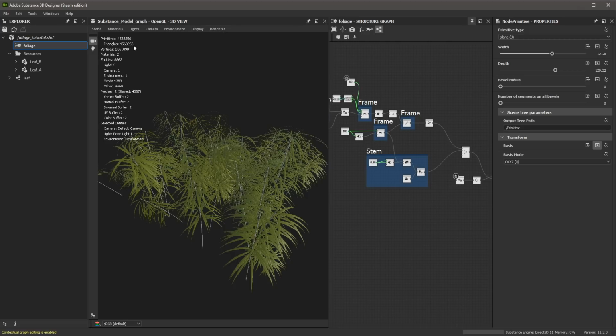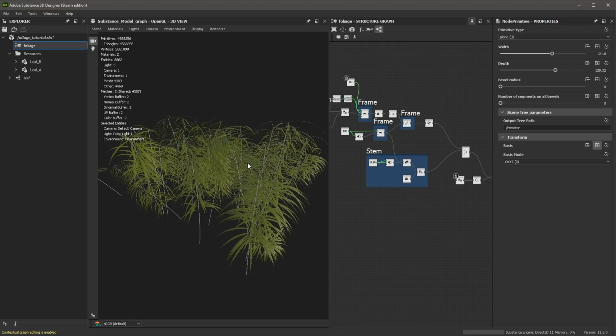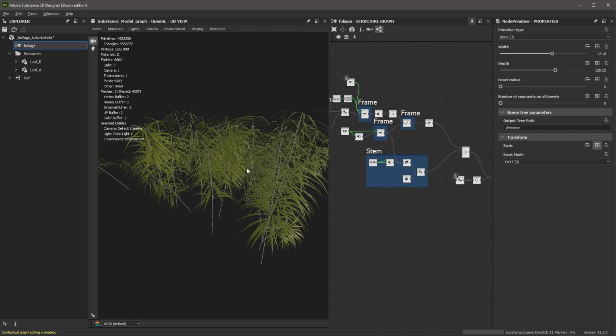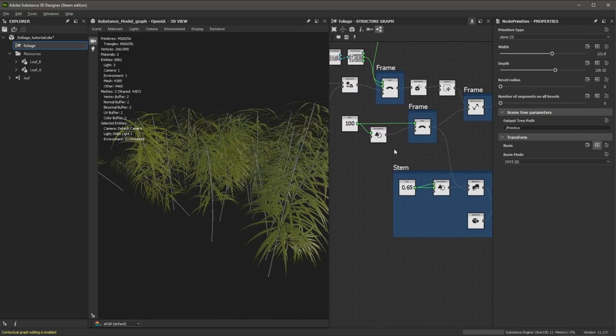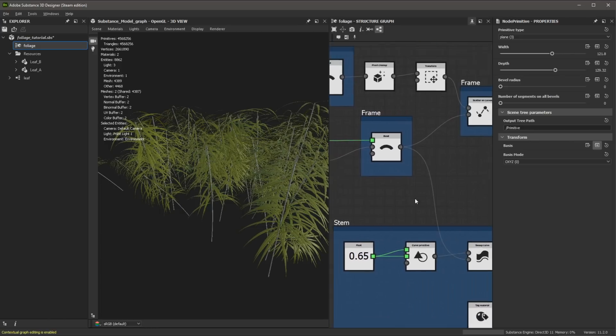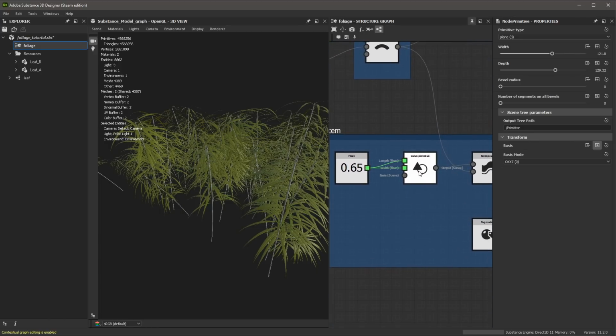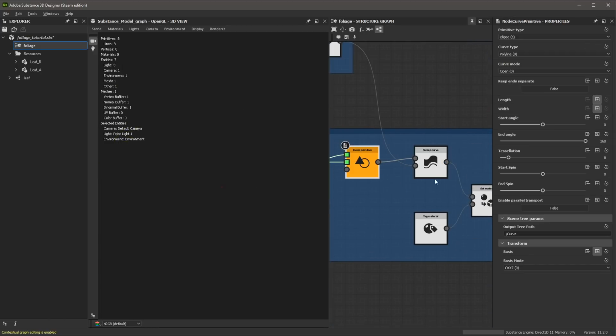You can see here that I have a huge amount of triangles in this scene. So the more geometry you have, the less performant the scene is going to be. So you want to just keep an eye out on how things are tessellated. Just to give you an idea on how you can look to optimize parts of this, let's zoom in where we have basically our stem, and we'll come over to our sweep